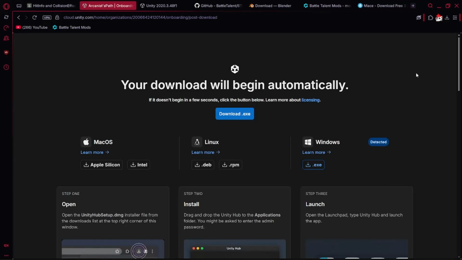Hello everyone, this is part one of a multi-part series on how to mod Battle Talent. This is going to be covering how Unity works, how the mod project works, how to do the things inside of them, tools like the icon helper, the address helper. We're going to go more in depth on those later in other tutorials, but I will explain what they are,